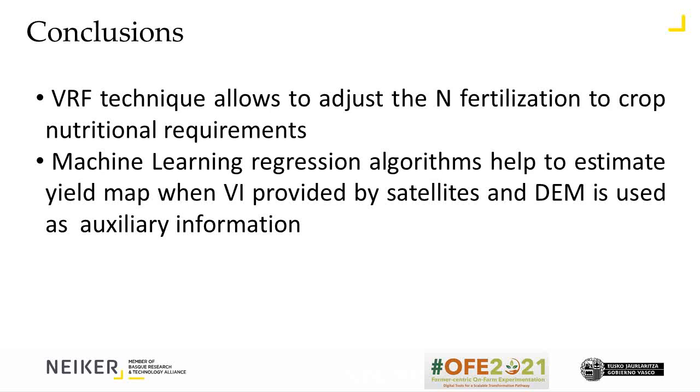In resume, and in a very summarized way, the 2 main conclusions obtained in the work are: 1. The variable rate fertilization technique allows to adjust the nitrogen fertilization to crop nutritional requirements. 2. Machine learning regression algorithms with information extracted from vegetation index and digital elevation models can help to